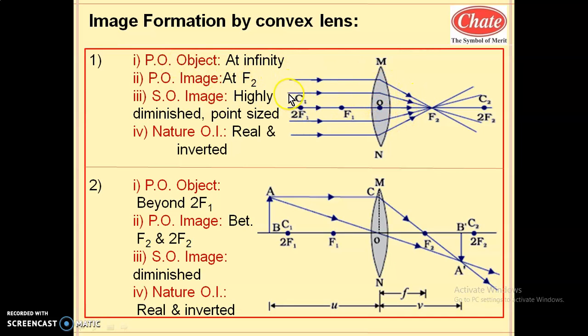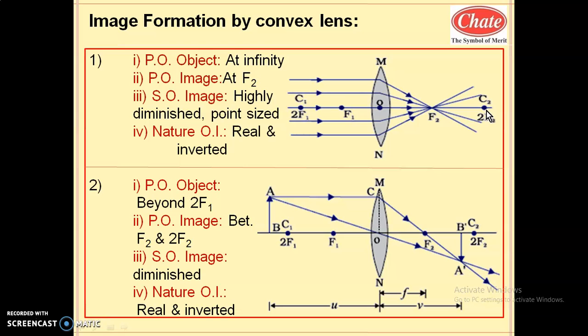If the object is at infinity, it means from the infinity the rays are coming almost parallel to the principal axis. As the distance is very large, these rays seem to be almost parallel to each other. So before that, you have to draw a horizontal line at first. Mark on the horizontal line the 0, 3 centimeter, 6 centimeter, 9 centimeter and 12 centimeter marks.